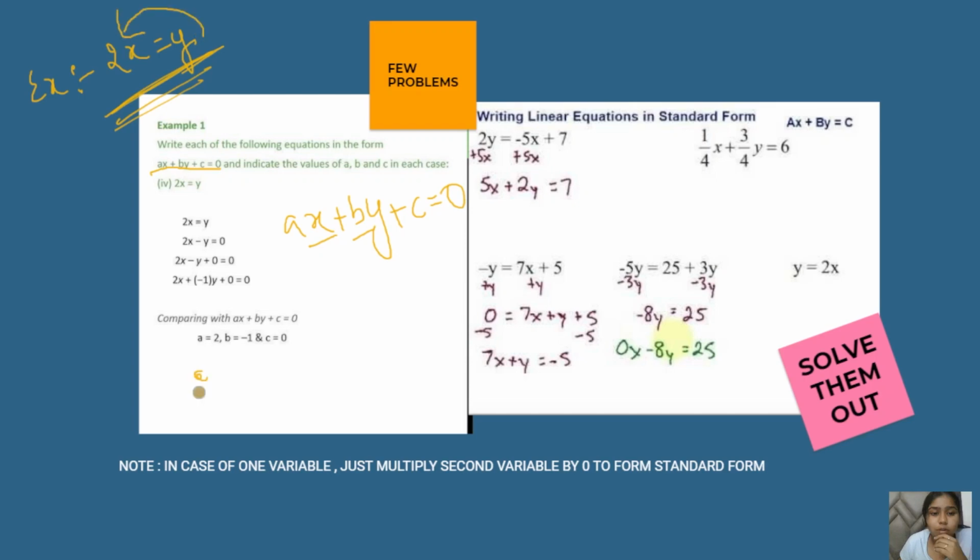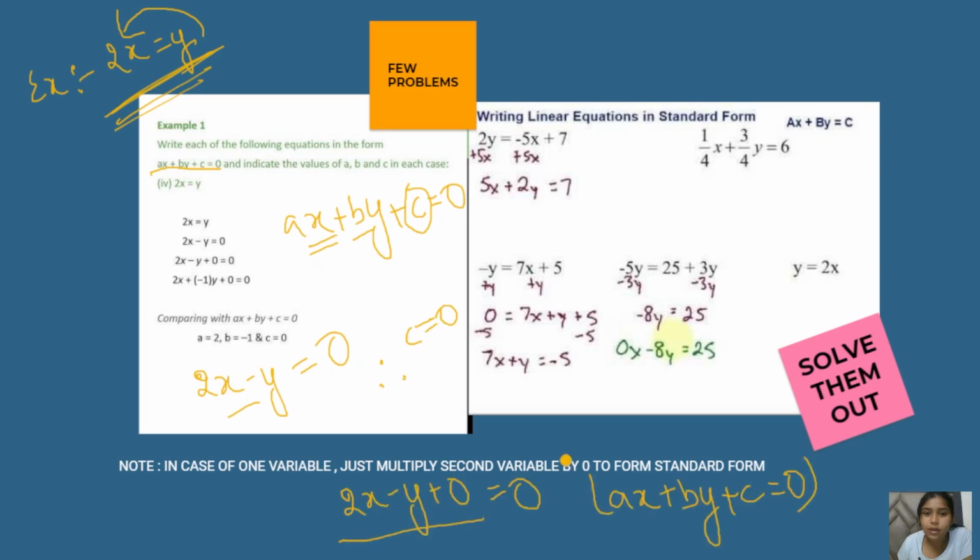So like this you can easily shift this, right? But this cannot be like this because no c is present. As you can see, there is no c in this equation. It clearly means that c is equal to 0. There is no constant. So we can write it like this so as to make it a standard form. So this is a standard form. You can clearly see the standard form here.